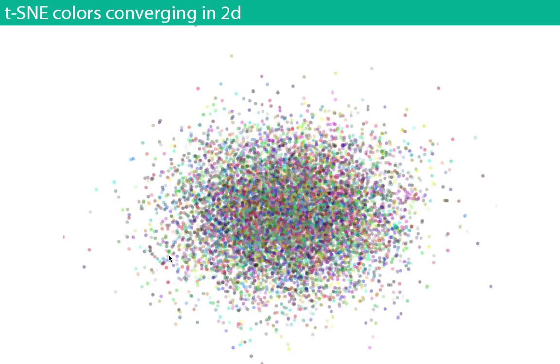Okay. So suppose you have a whole bunch of random colored points. That's 3D, and we want to visualize them in 2D. So we want similar colors to be near each other. There's a video I produced which shows t-SNE colors, the 3D converging to a 2D representation,